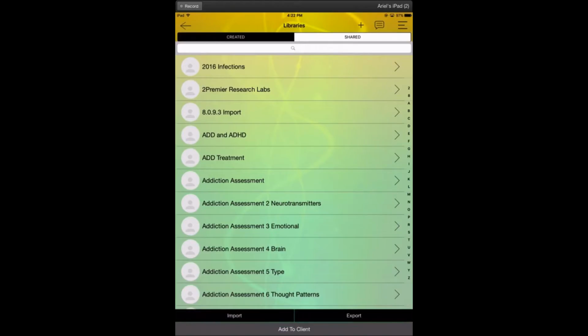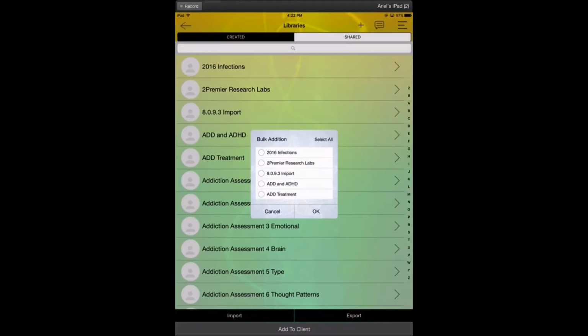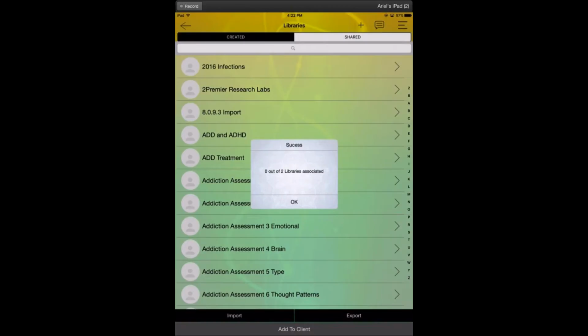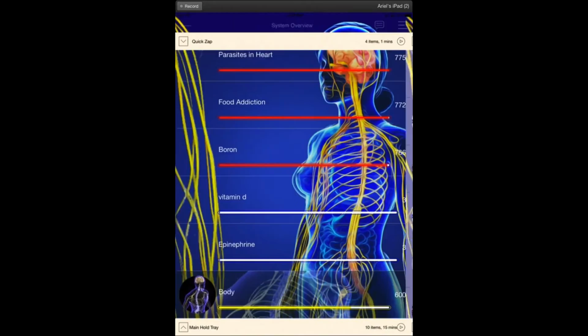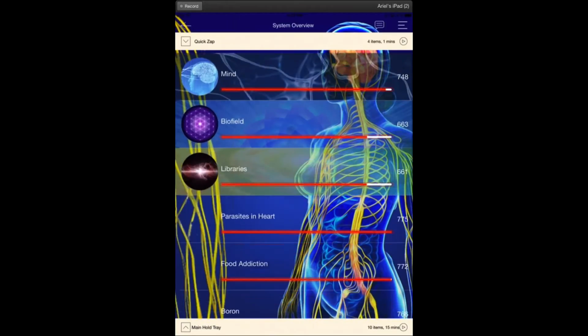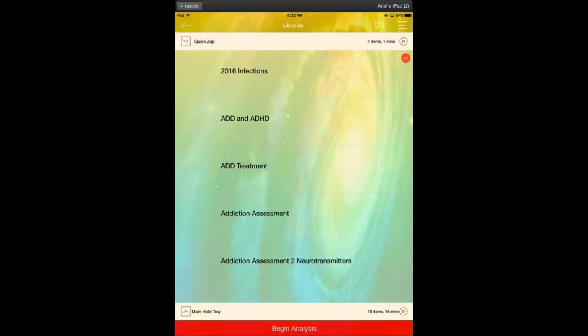So when you have a new client, you'll want to go to this screen and select the frequencies that you want. So here, if I scroll through and think, well, I'd like some biofilms and biofilm solutions, let's just do those. I think it doesn't add them here because I've actually added them previously, but it should say 2 of 2 libraries. And let's go back now, all the way to libraries, and let's see what happens now.